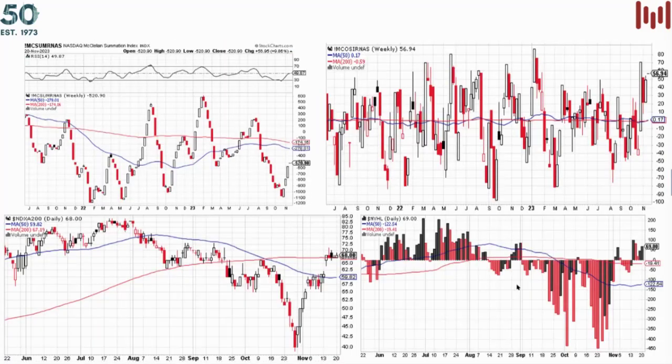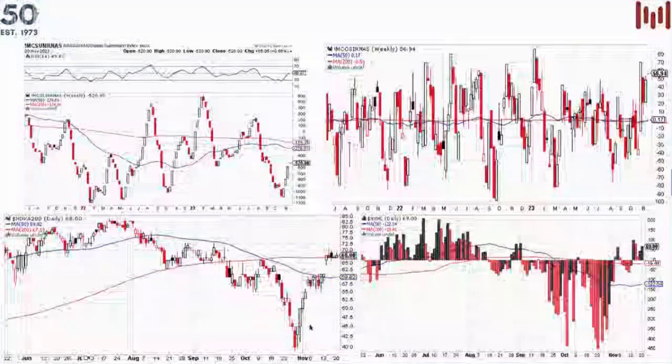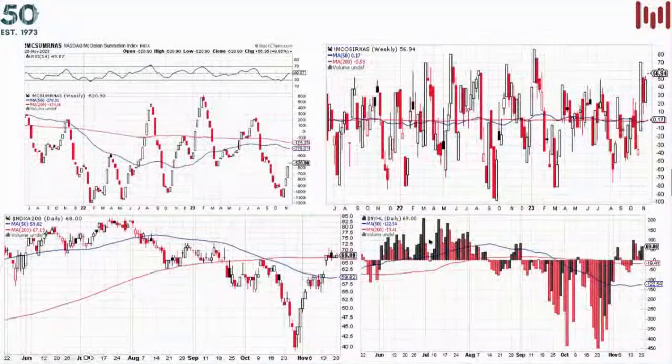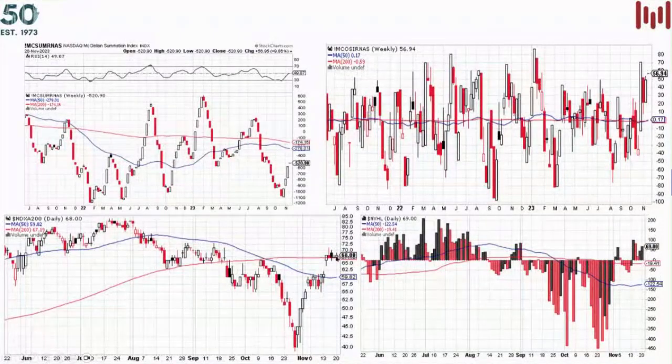So here we have some of the most popular breadth studies. The McClellan summation, for example, the percentage of stocks above their 200-day moving average, McClellan oscillator, and the net new highs, new lows in the NYSE. So they're all great, and they're the starting point. But I think if you just base your breadth studies on this, you're going to be very limited, and it allows you no flexibility. You can't really tinker with this.